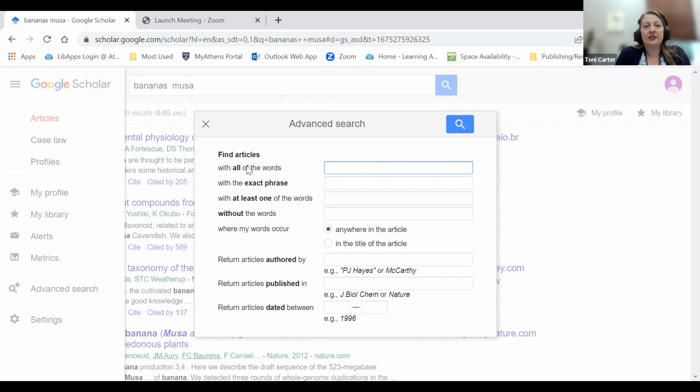Think of it this way. This is your AND. That first line is your AND. I want to find bananas and plantains. I want both of those words. Here's your phrase. I want to know what the health benefits are. And I'm going to go ahead and keep that in quotes to be safe. I think if you didn't put quotes in this box, it would automatically put them for you. But I want at least one of these words, and that's your OR. And so I'm going to say